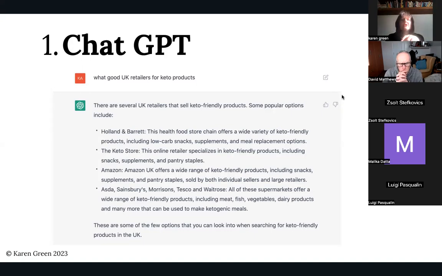So the great thing about ChatGPT is you can keep refining the question. Unlike Google, where you say, tell me who stocks keto, and it might come back with a similar list, with ChatGPT you can then say, and this is what I did, okay, how many stores has each of these got? Actually, I was doing it for health food products, and it came back with Planet Organic and Whole Foods. And I said, tell me how many stores are in each one.